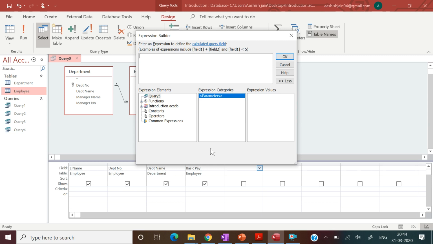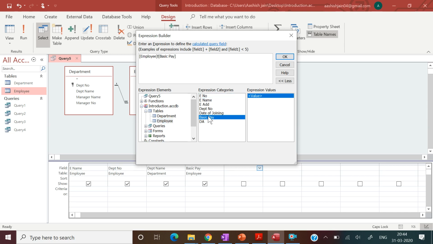Now we need to select basic pay to put up some expression. In this introduction, select tables, and from the employee table we will get basic pay. So double click on basic pay.